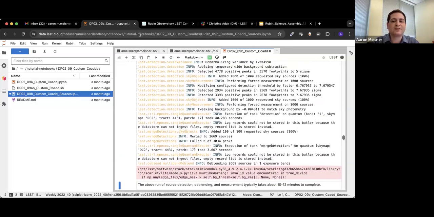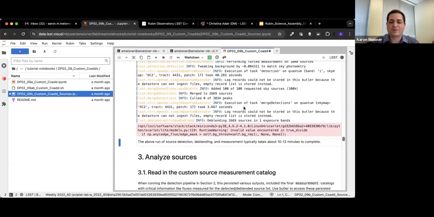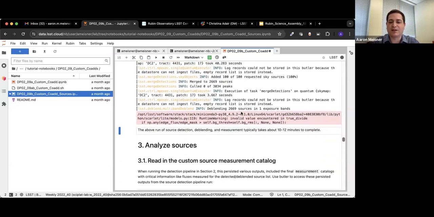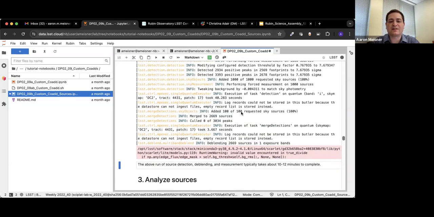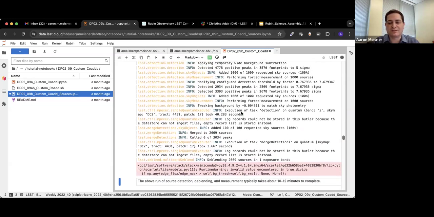Okay, well, not hearing or seeing questions yet in the chat. You can see now that I'm starting to get some printouts that say things like deblending 2669 sources in one exposure. So that makes good sense. To be honest, I don't exactly know in what order everything gets run, right? Because